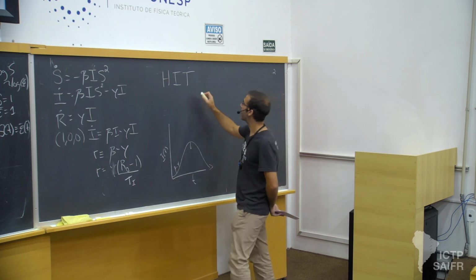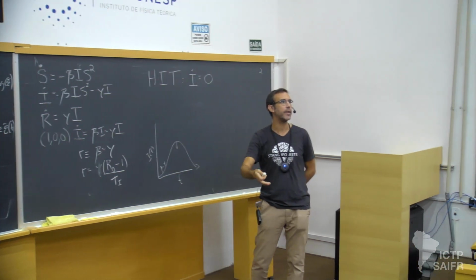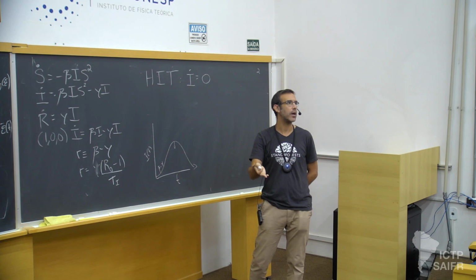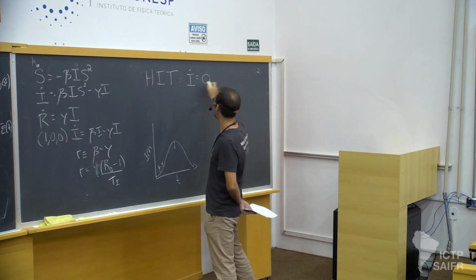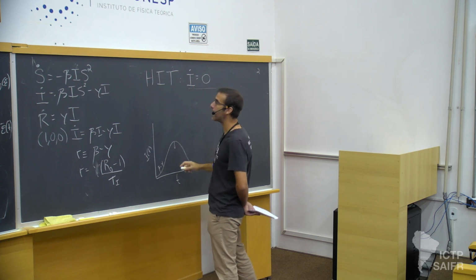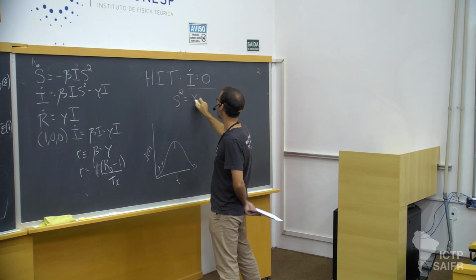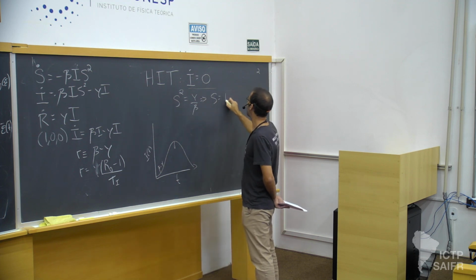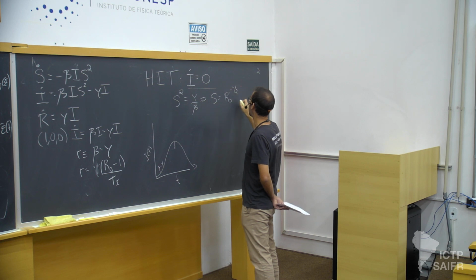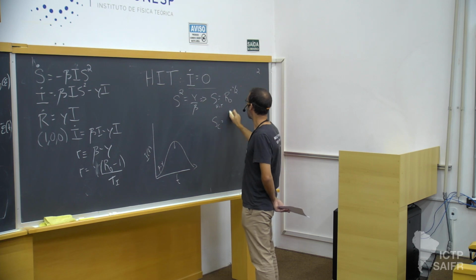Well, you can see it's when I dot is 0, and again, this model doesn't have the kind of behavioral feedback so that you can get plateaus that occur even when most people are susceptible. So in this model, in which people don't change their behavior, but they have these intrinsic differences, we end up getting that we reach our peak when S squared equals gamma over beta, or in other words, when S is R naught to the minus 1/2. The classic herd immunity threshold is 1 over R naught.